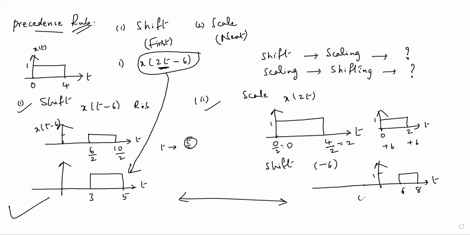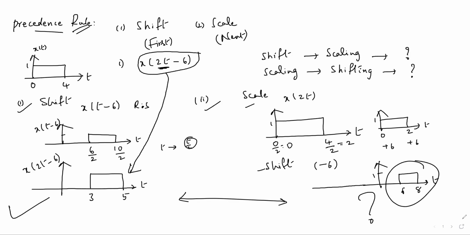Then what is the equation for the signal which is scaled first and then shifted? The equation x of 2t minus 6 in the first case is what we want to plot actually. In case I want to scale first and shift next, what should be the name of this signal? For that, I will give a format to follow, which will be very easy for us in future. I think all of you noted. Please all of you note this, just for analysis purposes, very helpful for us.